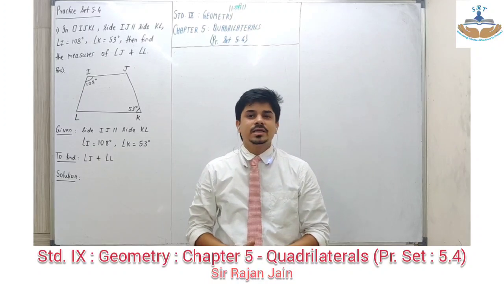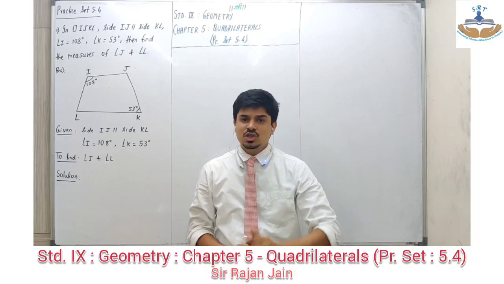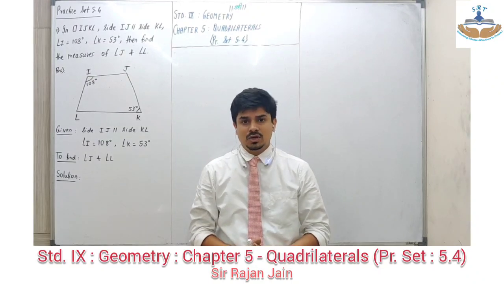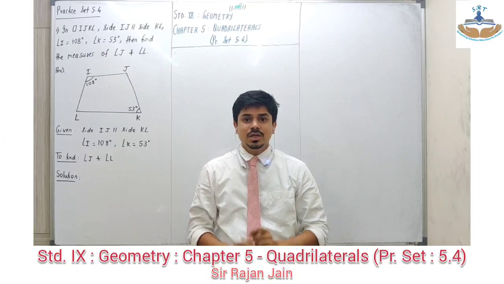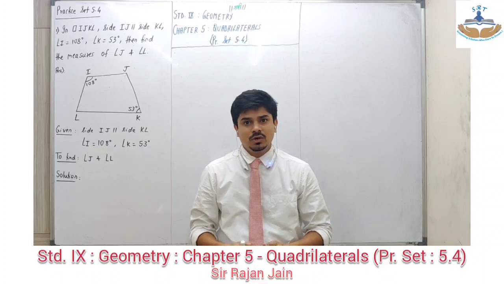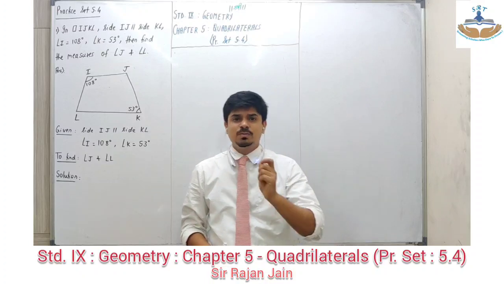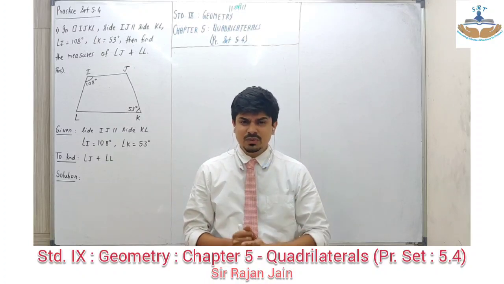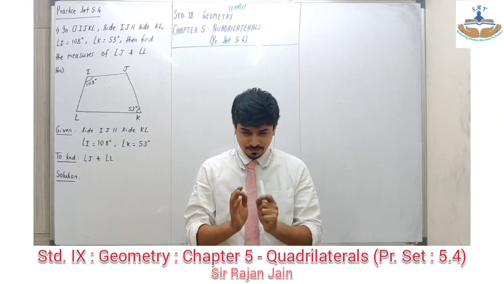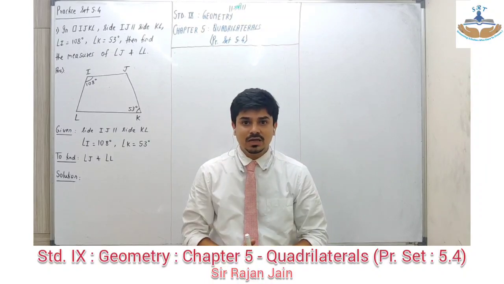Before I go ahead with practice set number 5.4, a quick recap to whatever we have done in the chapter so far. Now, as you are aware, practice set number 5.1 and 5.2 were totally based on parallelogram. 5.1 में it was given in the question that the quadrilateral is a parallelogram and you solved sums using the properties of parallelogram. Second exercise में it was like you had to prove that quadrilateral is a parallelogram, and to prove that quadrilateral is a parallelogram there are 5 different ways. Third exercise was a mixture of different types of quadrilateral where we spoke about rhombus, rectangle, square. These were the quadrilaterals that we spoke about.